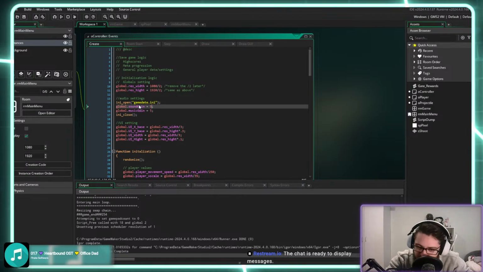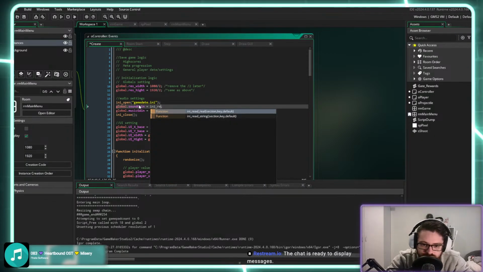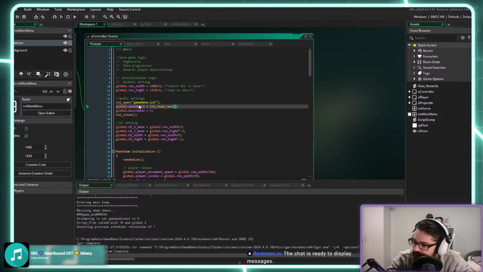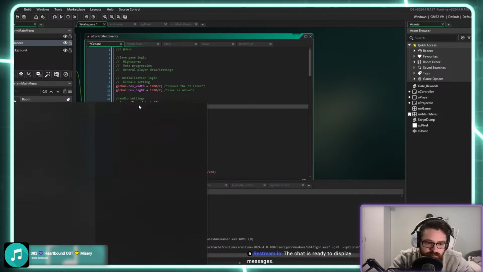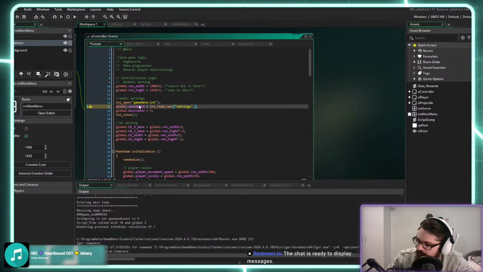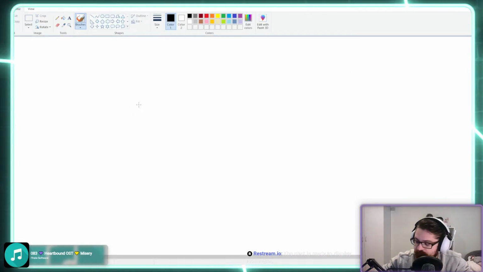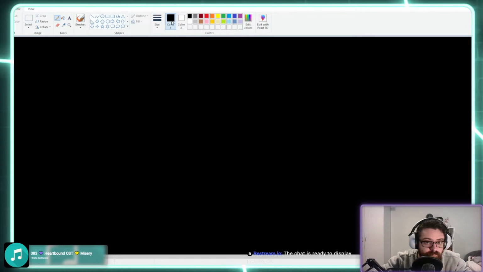So now, how do we change this? Well, it's first going to be ini_read_real, and then we're going to put it under settings. This is kind of like a header that I've got here at the moment. So how an INI will look, if I just pull up Paint. How the INI will end up looking, and this is the important part,